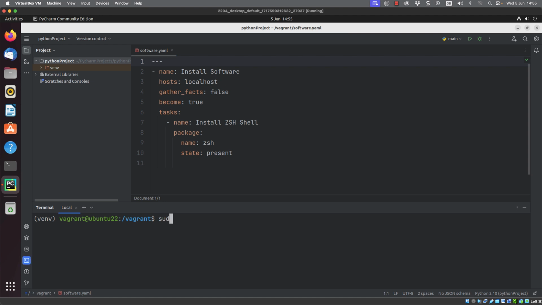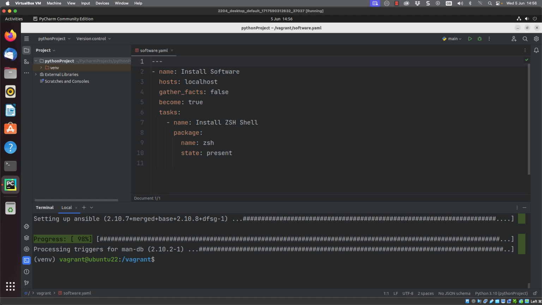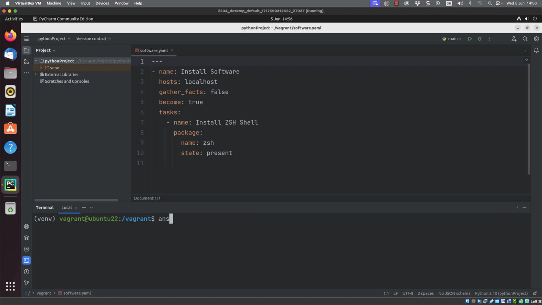Now I still have my terminal open, so using the terminal I can install Ansible. Ansible's not installed on this system. Normally I only need it installed on one system, the controller, but we're going to install it on both of our systems to keep the demonstration simple. Once it has installed, then we are ready to go. And of course, I sped up the install so we didn't have to wait to see the process of the installation, but it only takes a few minutes.